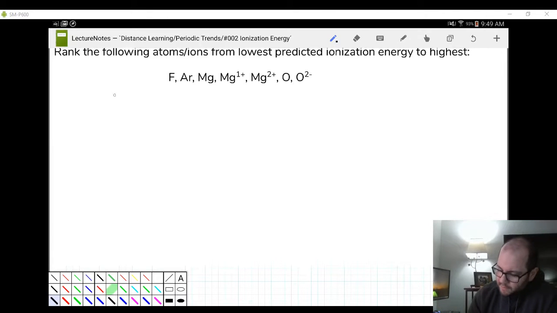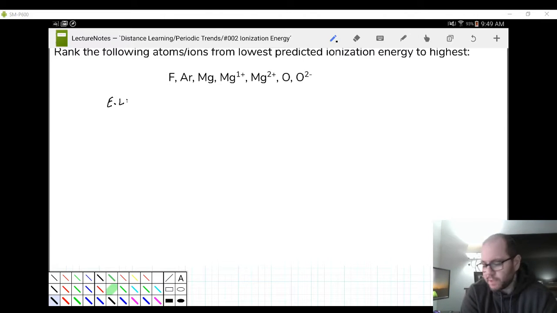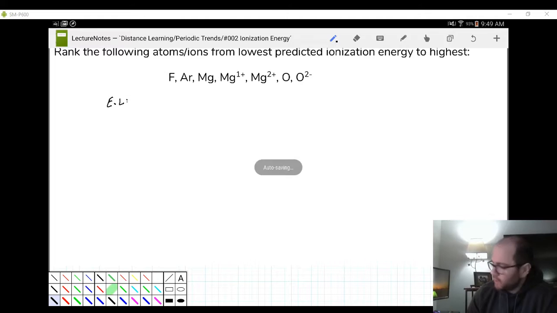All right, so let's start by finding the energy levels for each of these, because we know that when there's more energy levels, it's going to reduce the force of attraction, since distance generally has the greatest effect on the attractive force. So using the periodic table or the electron configurations, I know, for example, that fluorine ends in 2p5,